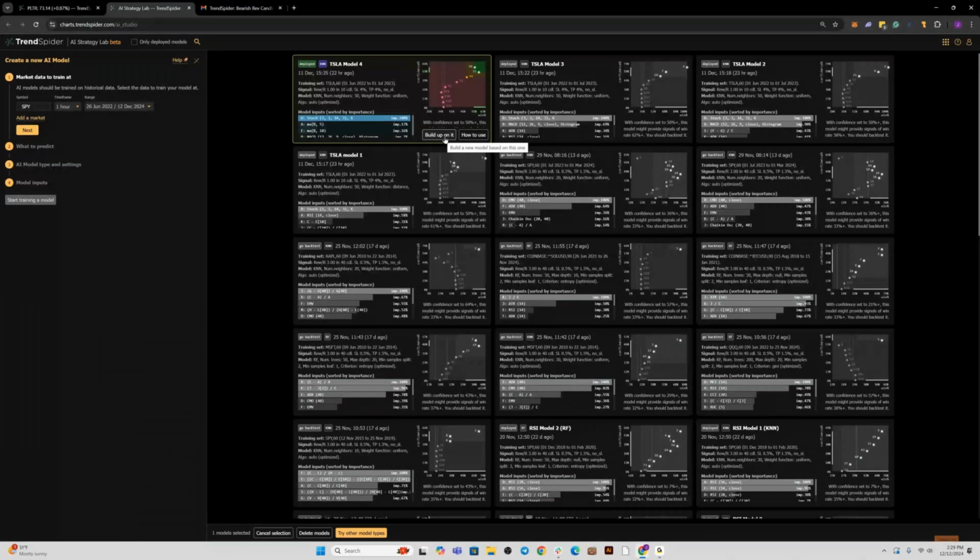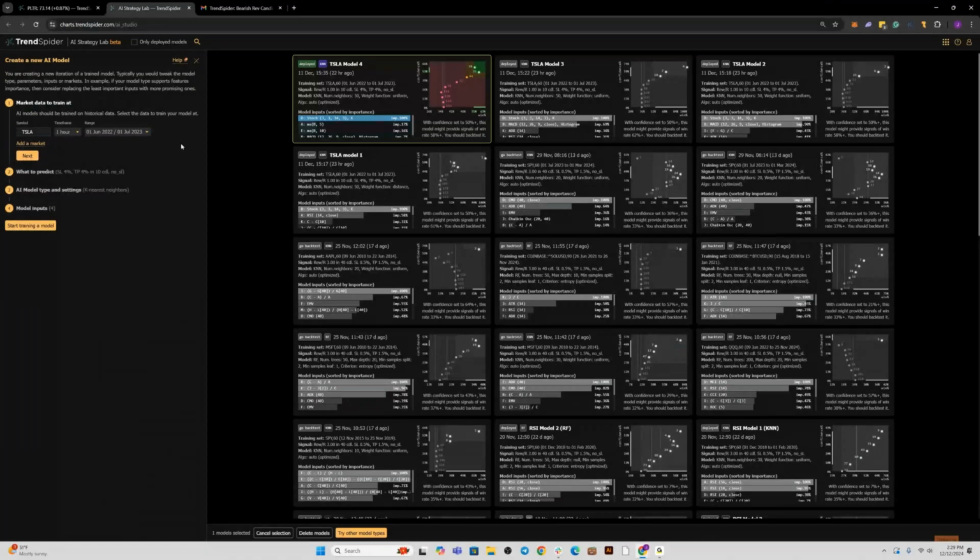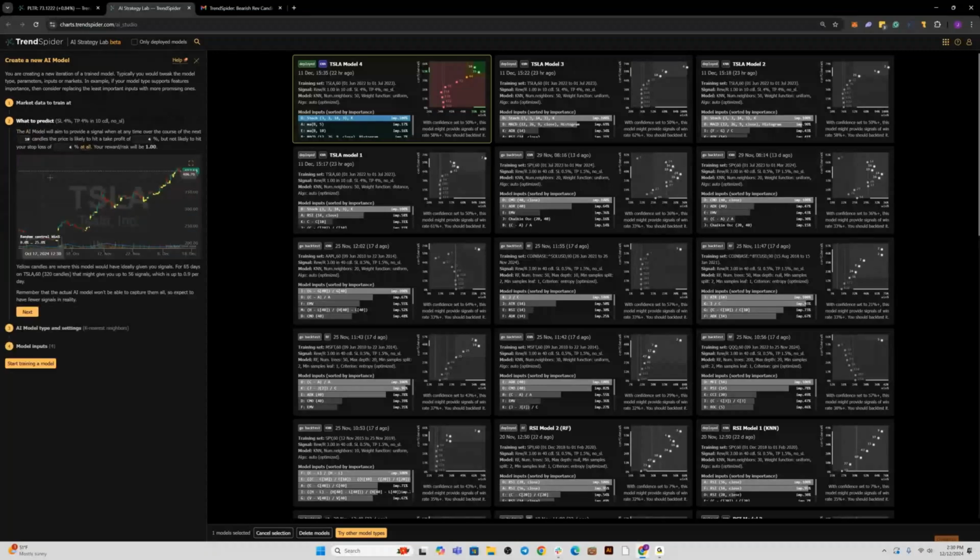So I'll talk you through this. This is a model that the lab has created. And the way this model was created was by defining this stuff over here. We defined that we wanted to train this model on Tesla, on the 1 hour time frame, on this section of price action. We defined the risk parameters and the horizon for the trade. How long do we want to be in a trade? What kind of percentage return are we trying to achieve? And what kind of risk are we willing to take for achieving that return? We would call that the reward to risk ratio.